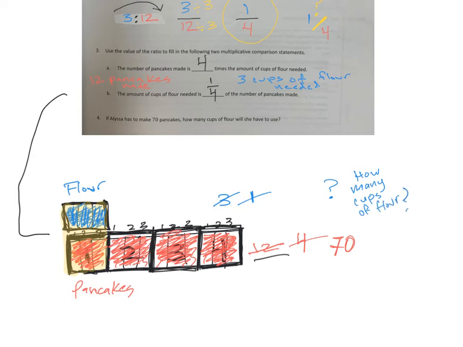Okay, if there's 70 pancakes that are going to be made, how many cups of flour will I have to use? Well, first I need to see how can I divide 70 out evenly into 4 spots,